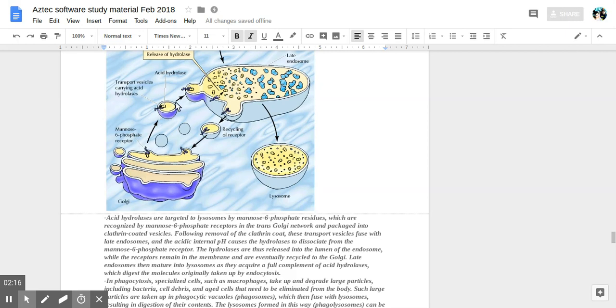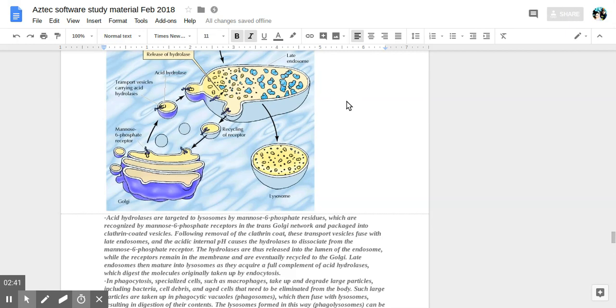So the vesicles bud from the Golgi. The Golgi are in charge of processing and transport of various molecules. So these take these hydrolases to the lysosome, and in the lysosome they're used for their own purpose of breaking down